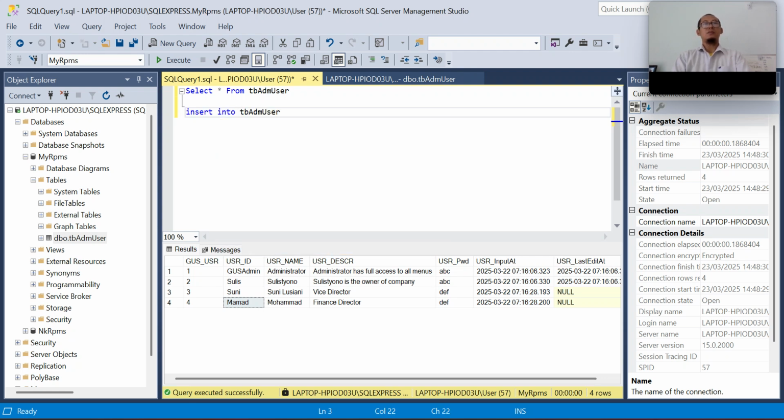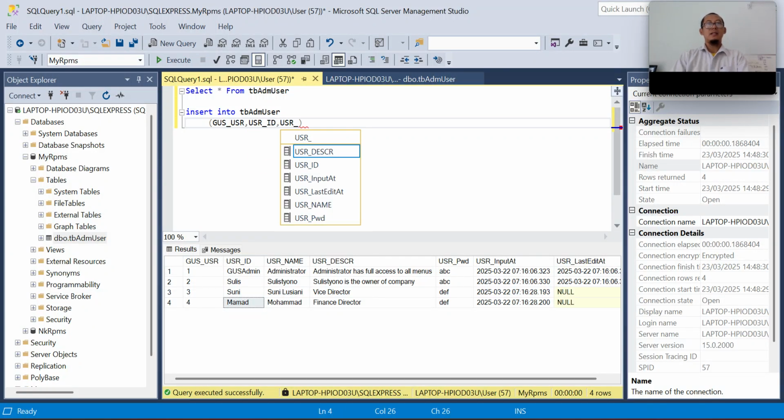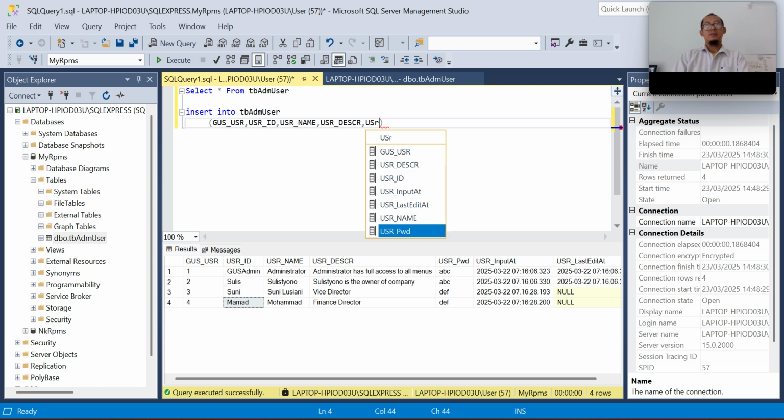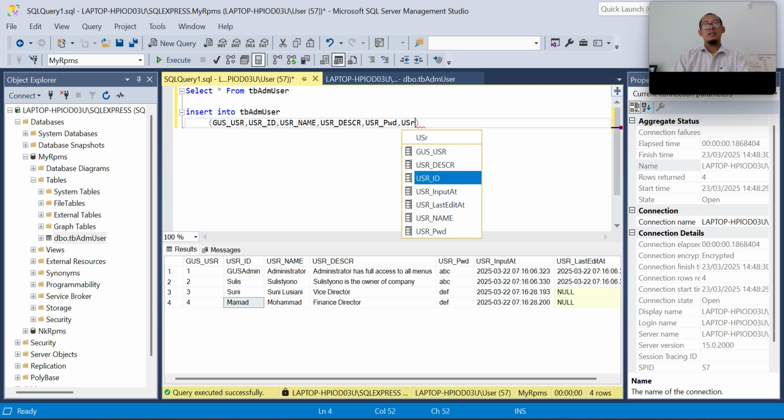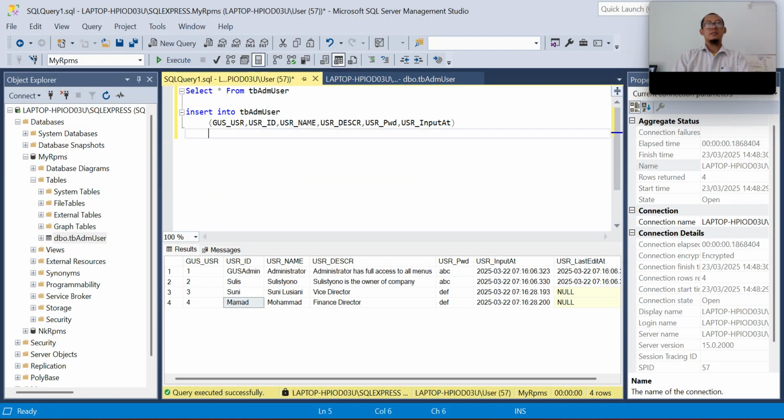Insert into Goose USR, USR ID, USR name, USR description, USR password, USR input, add, and the values.